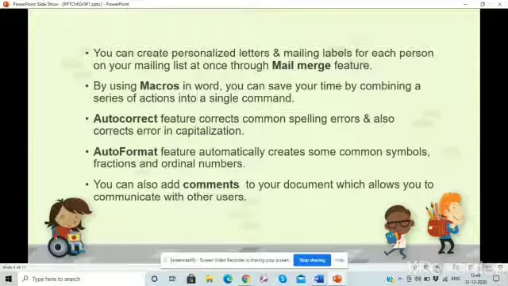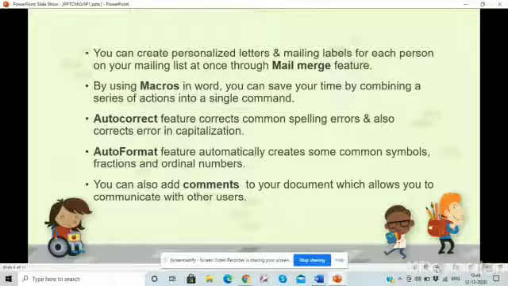Auto format का मतलब होता है when we are writing some common symbols or fractions, it just automatically changes, so 1/2 लिखते ही it gives me the 1/2 का symbol आ जाता है. When I write 4th, it automatically ऊपर हो जाता है. This is the auto format feature.